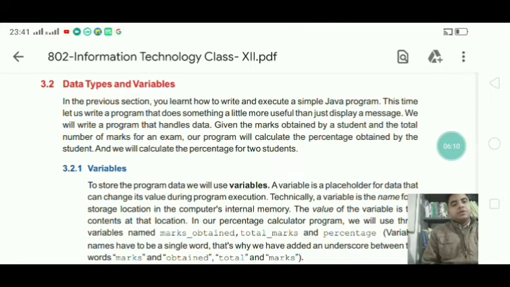Next, you can define multiple variable names in a single statement, but you should separate those variables by comma.